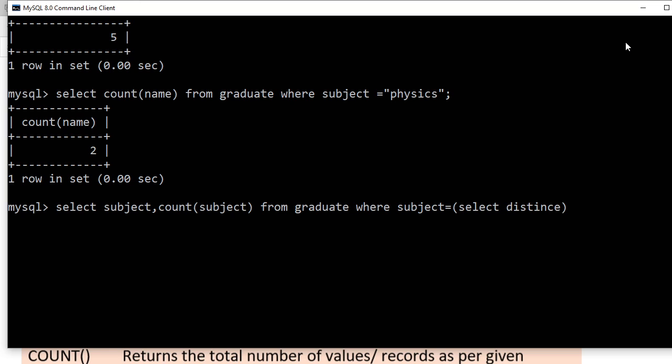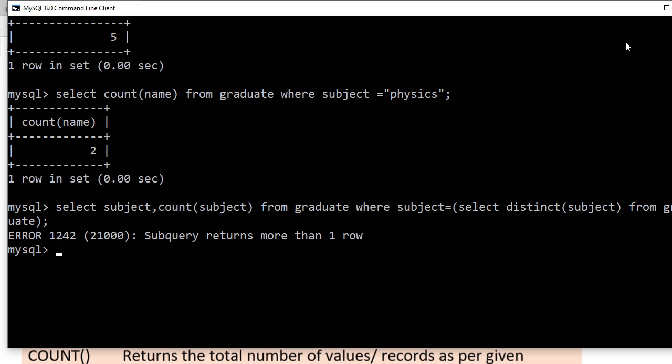You all know distinct, no? Distinct is going to print distinct values. It is going to remove duplicate values. Select distinct subject from graduate. Let's see.